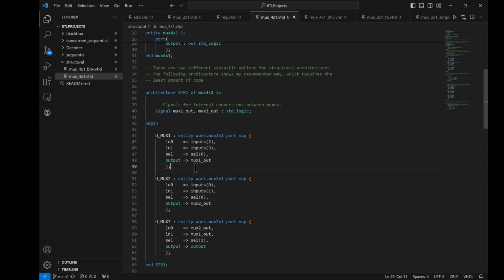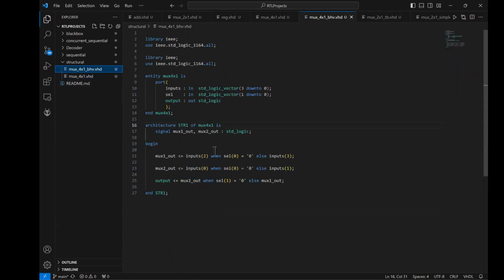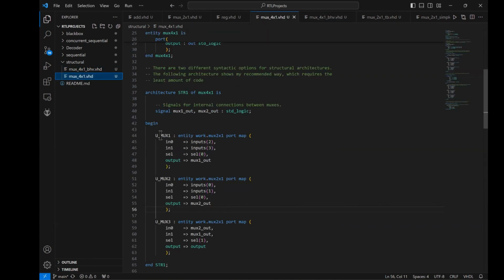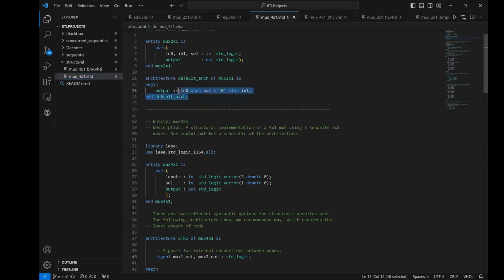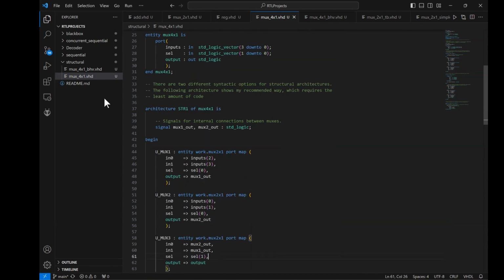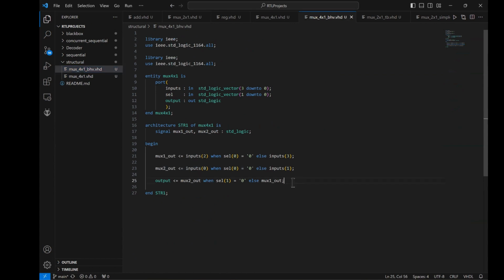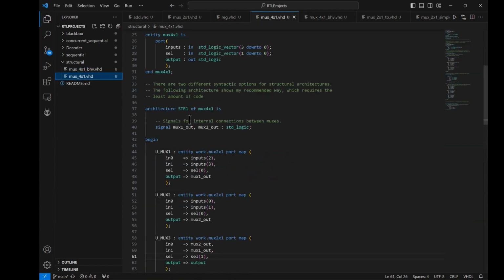So at this point, we have 3 individual entities being instantiated from the definition that we created. And these entities are all running in parallel with each other. So I created another file that shows that each of these, umux1, umux2, umux3, they're equivalent to this. Where this, I just wrote out the actual definition of the architecture and connected them that way. Now, it may seem like this is a better approach, which it may be for a 4 by 1 mux, but again, it's such a simple implementation,